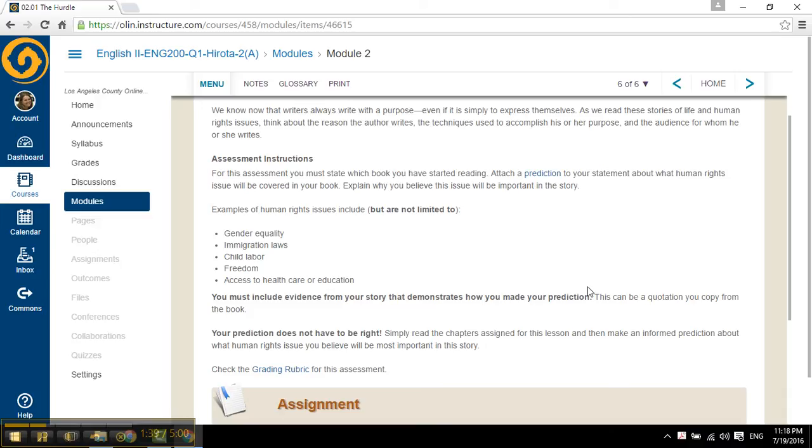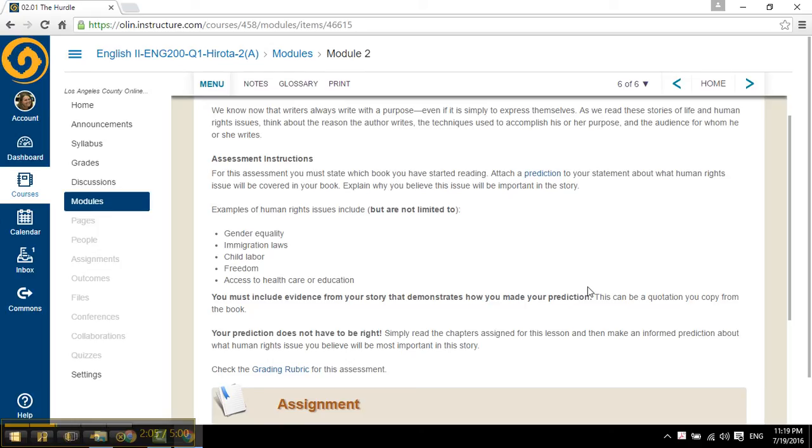So it can come in all different forms. And it says here, explain why you believe this issue will be important in the story. Oh look, they've listed some here. Examples of human rights issues include, but are not limited to, gender equality, immigration laws, child labor, freedom, access to health care or education. Again, there can be many, many more.